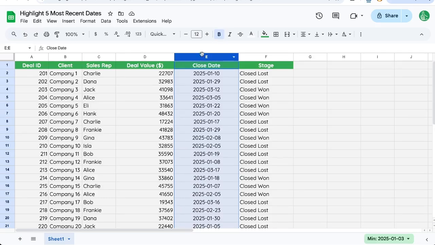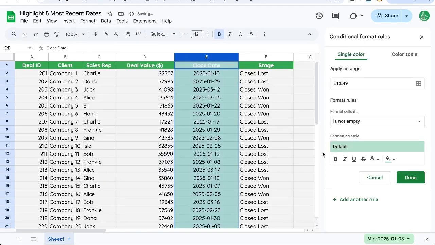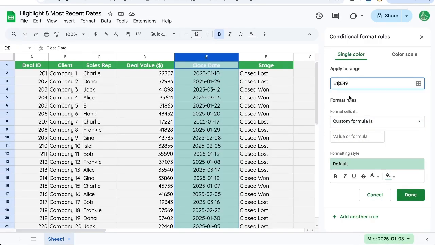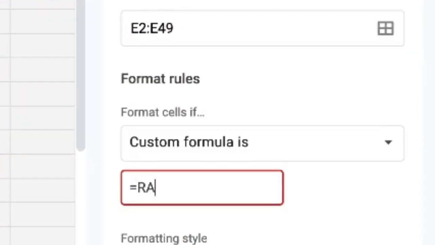I'm going to select the E column, go to Format, Conditional Formatting, and here we're going to change the format. Custom formula is. Now, I want to be very careful about dates and only include E2 to E49. That is the entire sheet here. And I'm going to type equals RANK(E2,